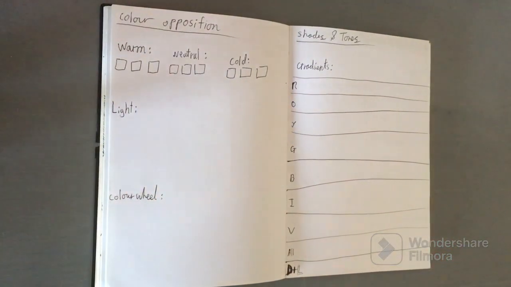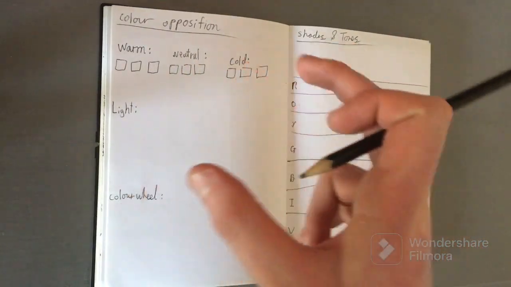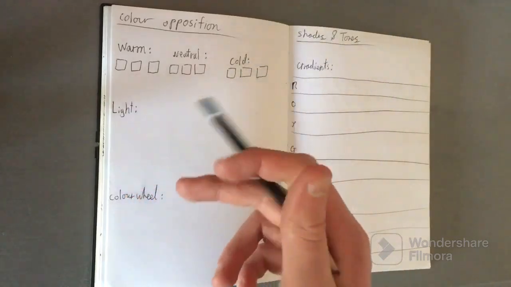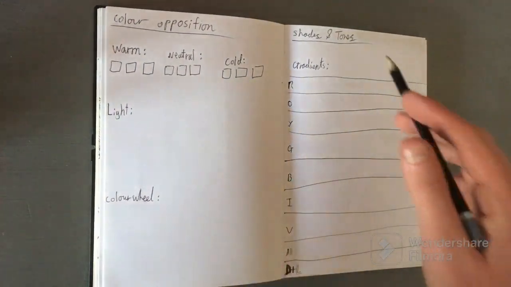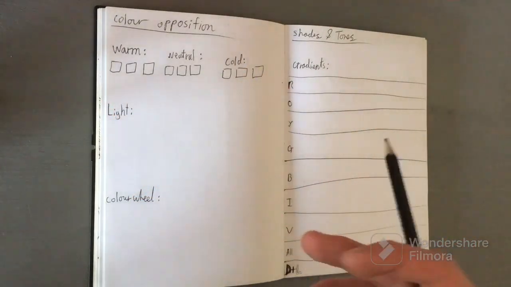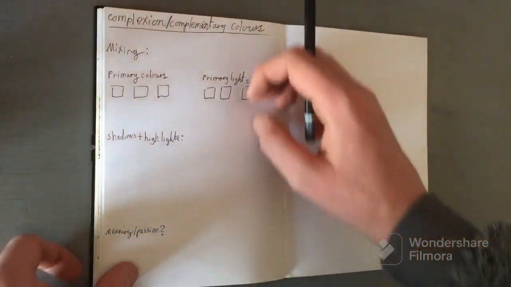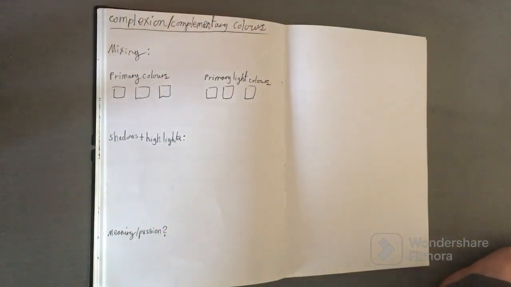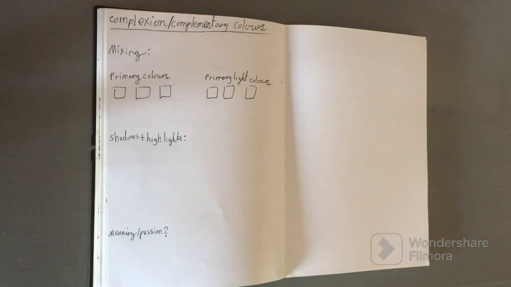So the things we're going to be covering today, or what I'd like to possibly cover in this video, are colour opposition. So different sides of the spectrum of colour, but they differ with lights and sort of paints and pencils. We've got shades and tones, so that's gradients, going from light to dark, but also different variations of a specific colour. And then we have complexion and complementary colours. So this is kind of mixing them on a canvas or adding shadows and highlights and how that all works